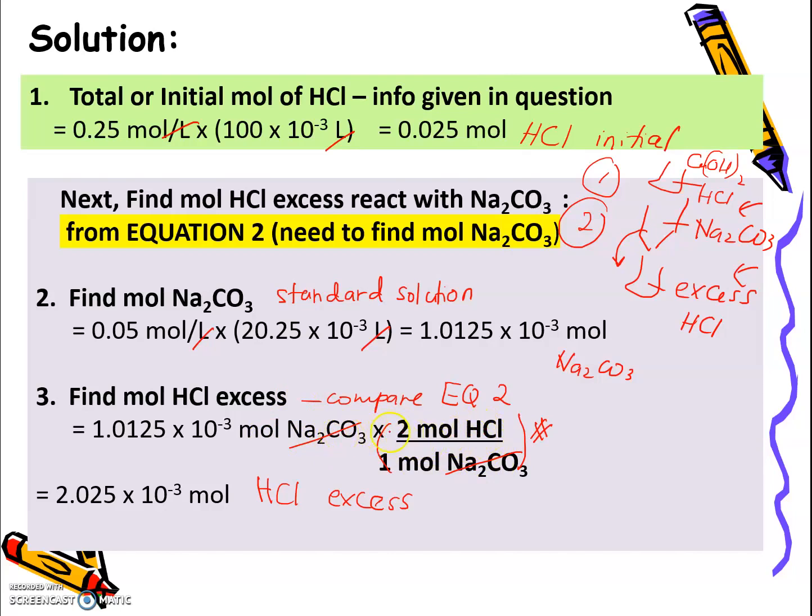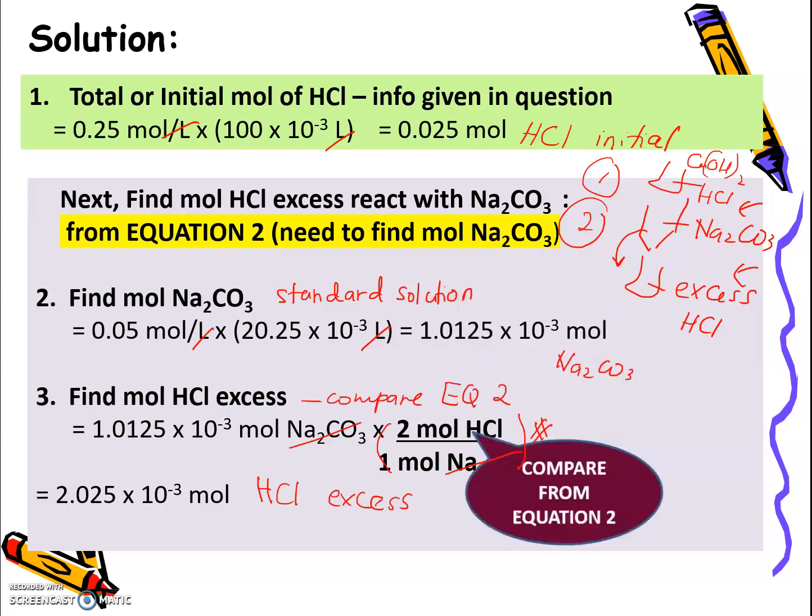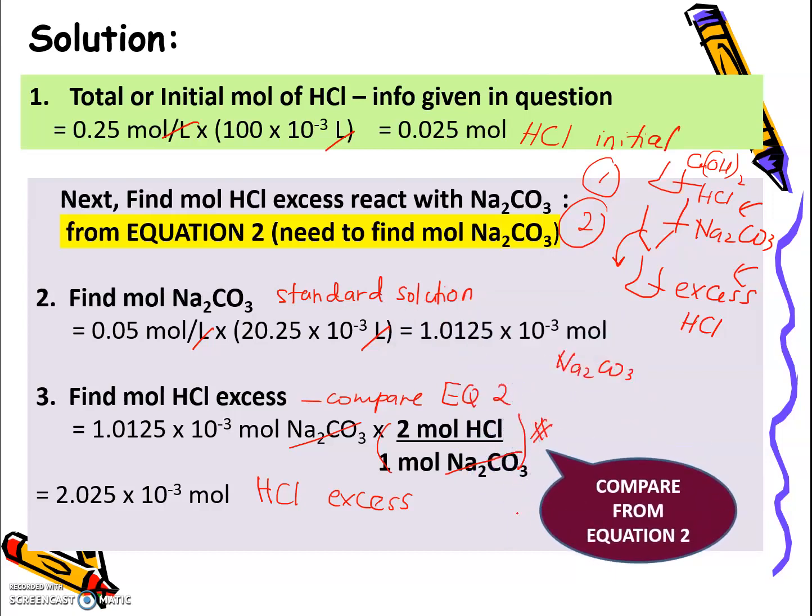So write the unit and then you can cancel the unit of sodium carbonate to find HCl. You must write the unit of substance, then you can understand the relationship and not be confused. Okay, next,